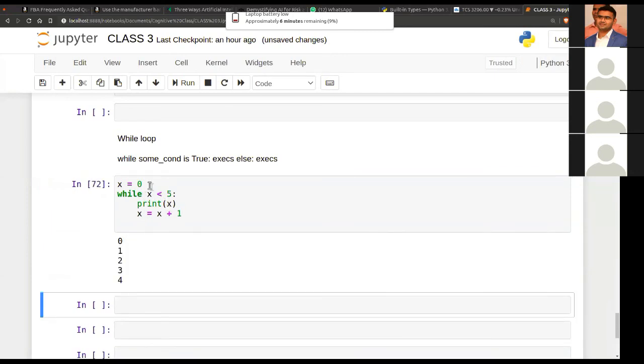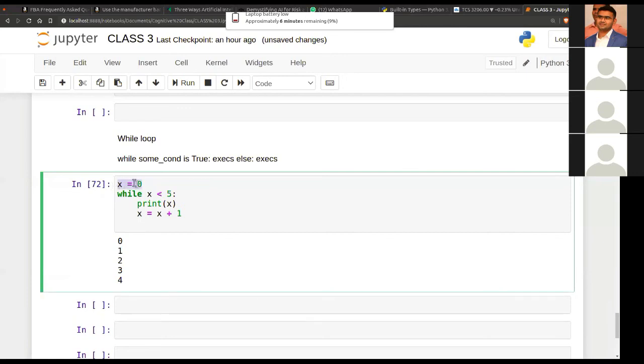Every time we punch in, while our condition is true, or first of all we have x as 0, our condition was first fulfilled, and later this code was executed.